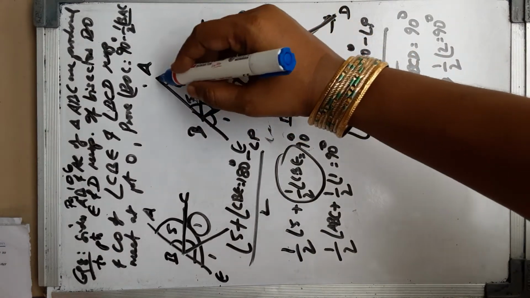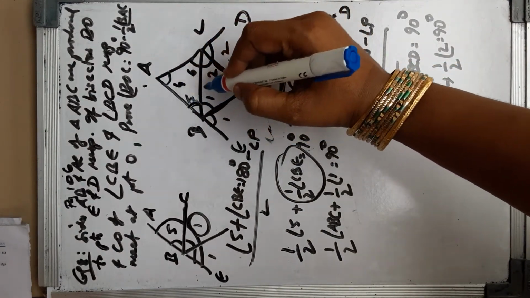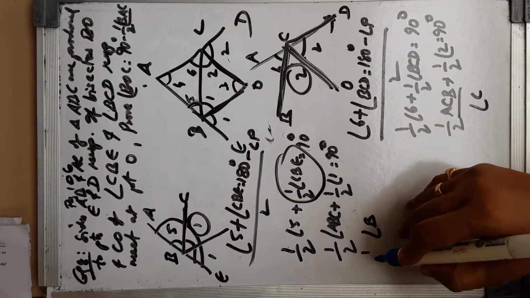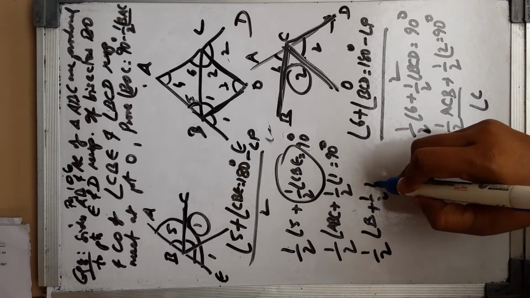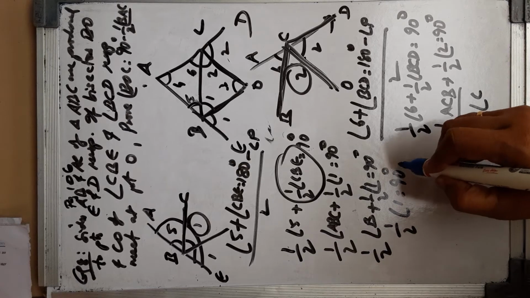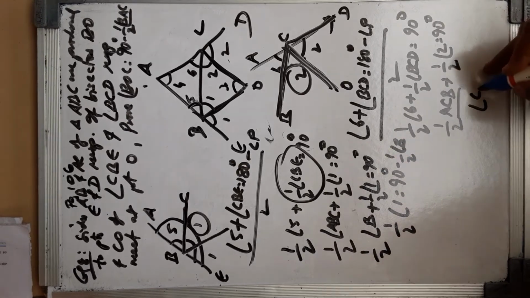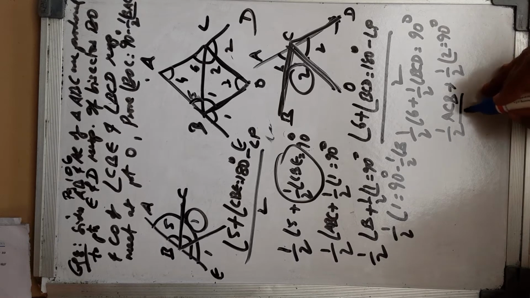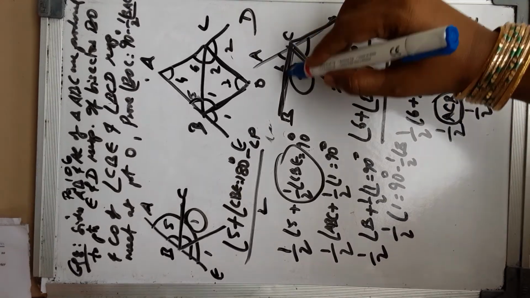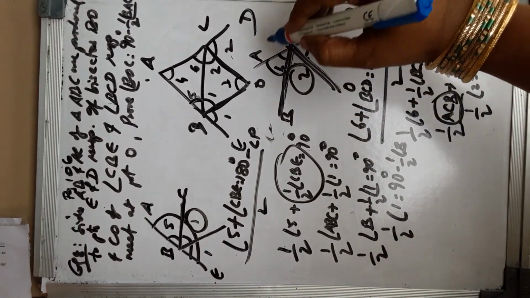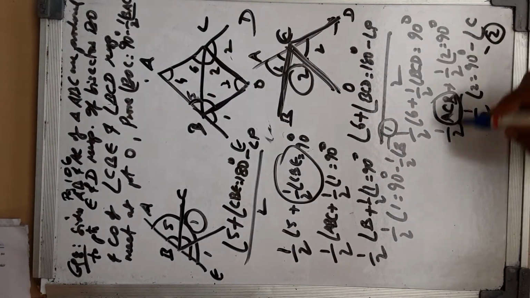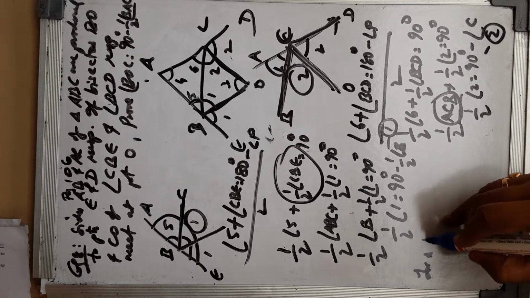In triangle ABC, angle ABC is nothing but angle B and angle ACB is nothing but angle C. Therefore, half B plus half 1 equals 90, and half of angle 1 equals 90 degrees minus half of B. Similarly, we have half of angle 2 equals 90 degrees minus half of C, because ACB is nothing but angle C in triangle ACB. This being equation 1 and this being equation 2, for triangle BOC,